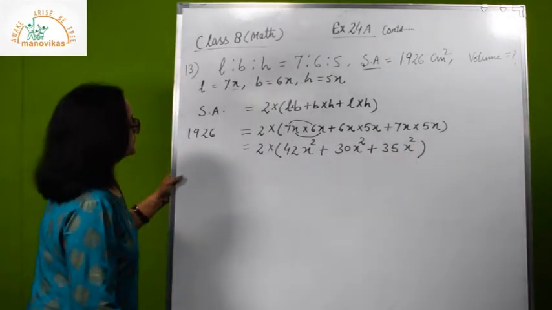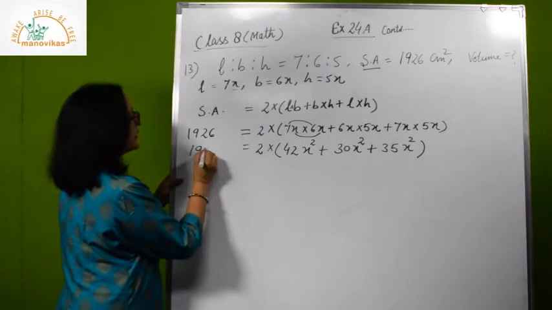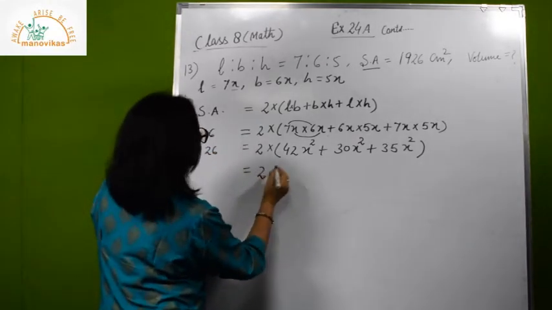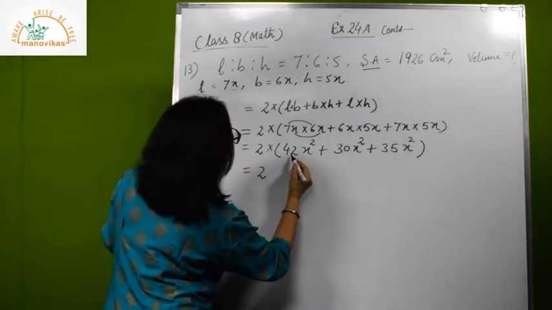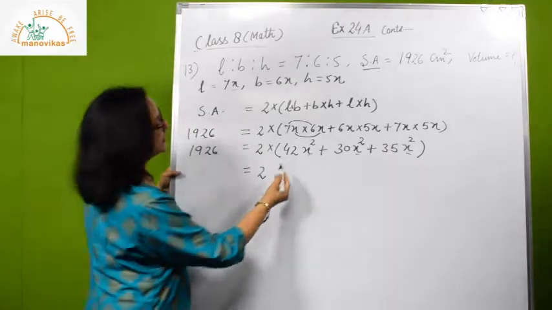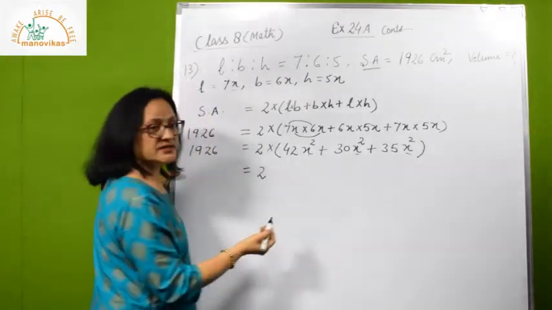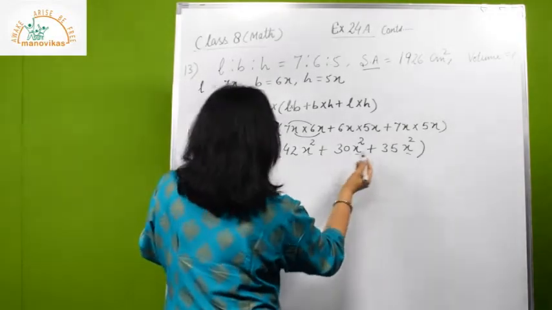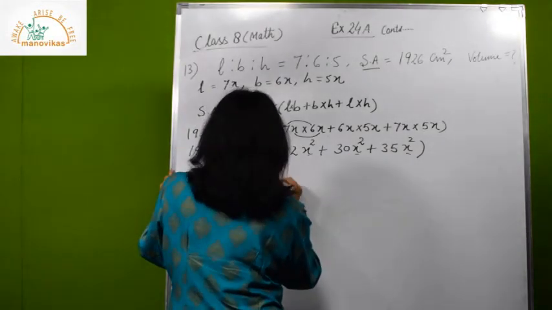Okay. Now this is 1926. Now simplify the bracket. So how will you simplify the bracket? x square is in all the three terms. Only you have to add the constants and then x square will come as it is. So if you add all these, you will get